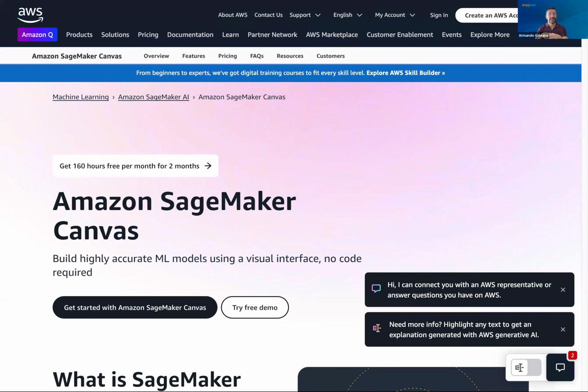Now, here the downside is that even with the fact that it's no code, it can be a little bit complex when you start, okay? Like you need to set up a domain, you need to set up an environment. So just setting up, it can be a little bit complex at the beginning, okay? The feel is drag and drop, and it's all text. You don't need any code. But again, you need to configure Amazon Web Services.